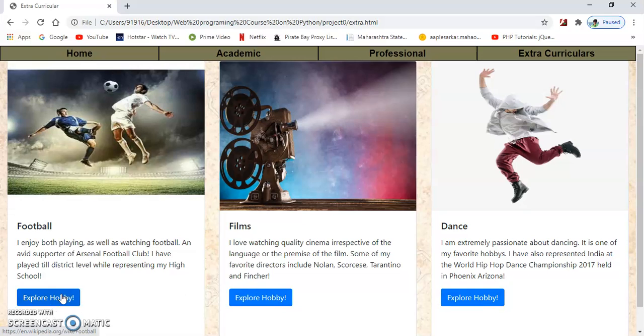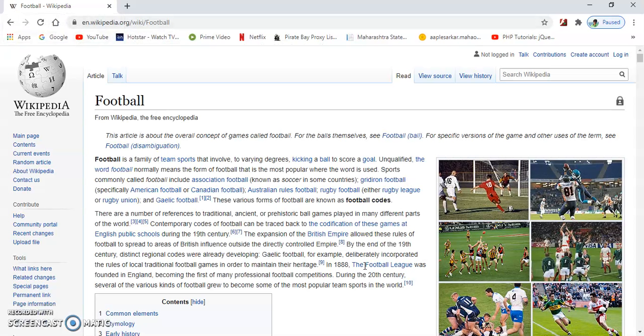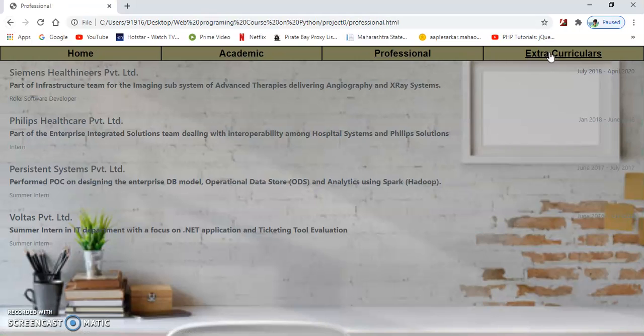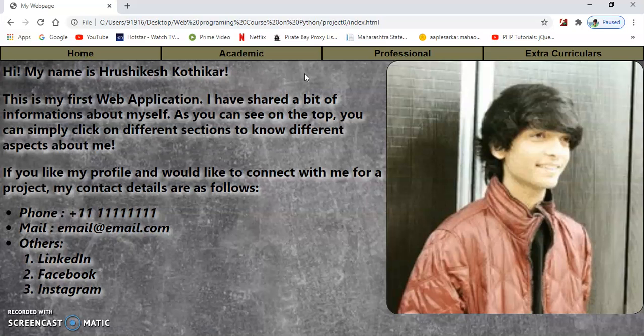And every time I click on one of these links, for instance football, it takes me to the Wikipedia link of football, which I chose for the purpose of an example due to slow internet connection. Yeah. So as you can see, it would redirect me to the particular link on Wikipedia itself. I could choose to put it in anywhere. And as you can see, through all the 4 pages, I can access every other page. And these columns on the headers have been made possible because of the grid model of Bootstrap.